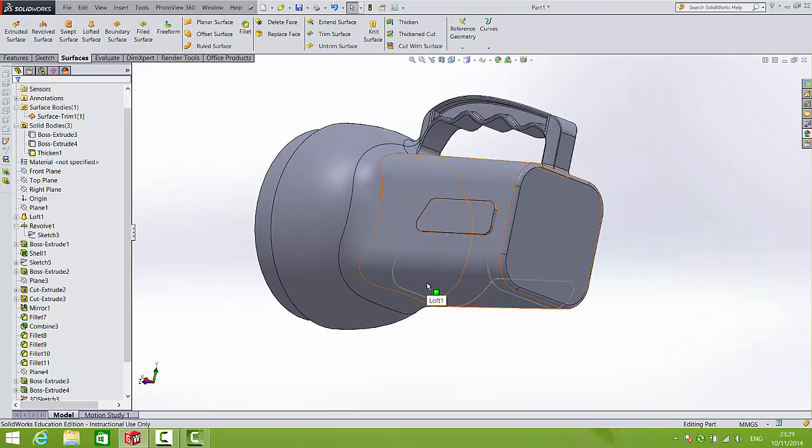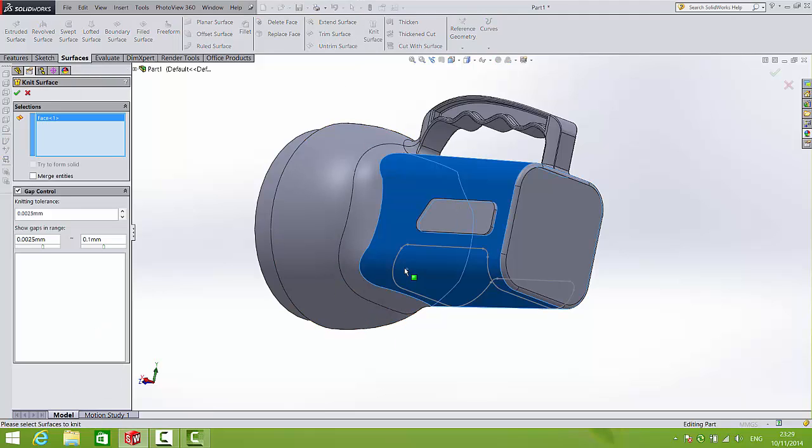Let's do the bottom. Unfortunately, I'm going to have to knit this surface together again. So knit surface,